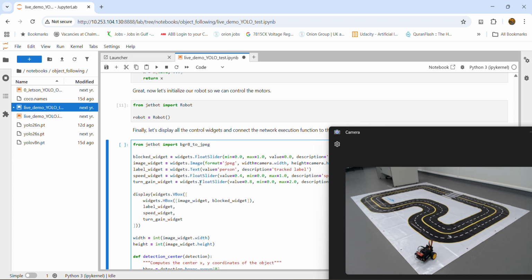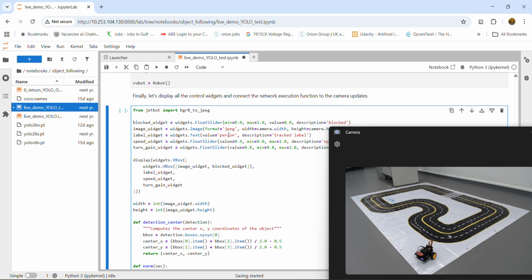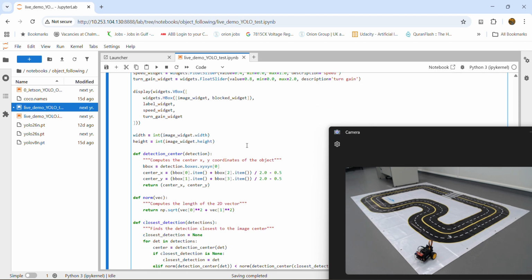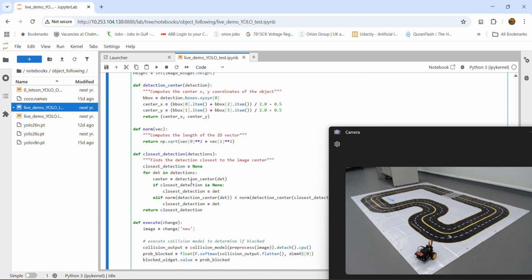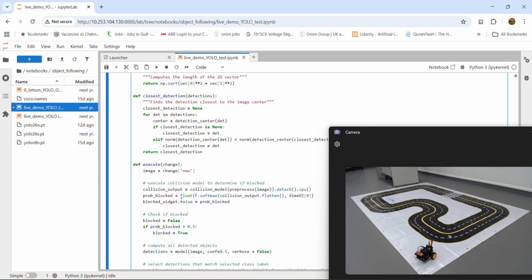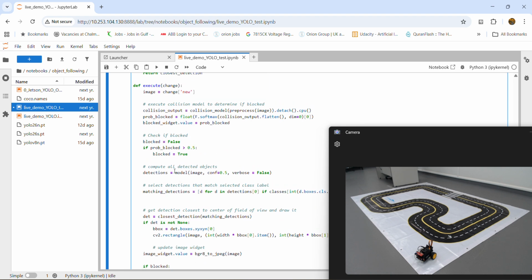And this cell is the main cell, which includes initializing our widgets and defining different functions, including detection centers, which calculates the center coordinates of the detected object, and a function to define which one is the closest detected object. And the flow of our code starts by taking a new image from the camera, and it